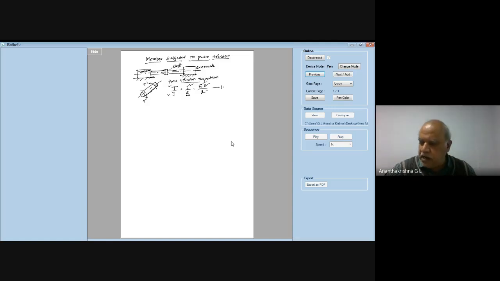This is given by equation 1.3b in page number 3 of your data handbook. Again, this equation is also available. From this, I can get the value of shear stress tau to be equal to T into R by J. Then for a solid shaft of diameter D, the polar moment of inertia J is given by pi d^4 by 32.